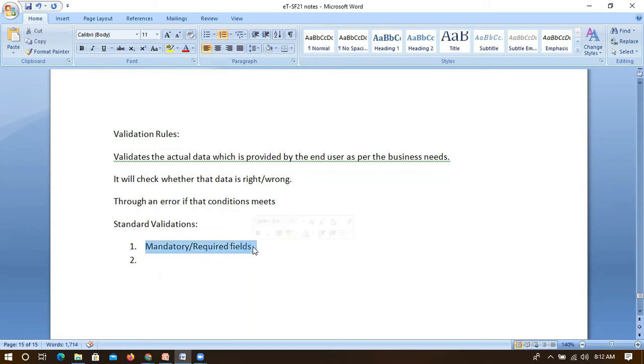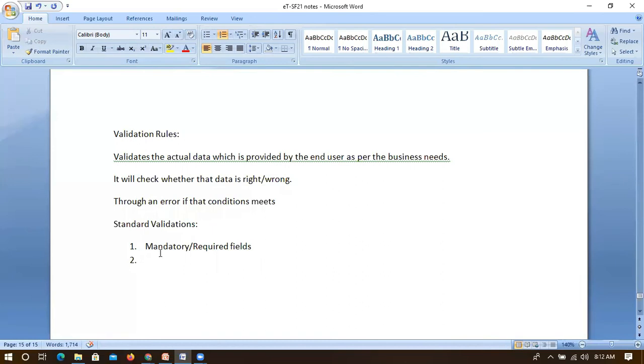Yes, it is mandatory and the user has given some data. So let's take, I have a lookup or a master detail, but the record which the user is entering, let's take Ramesh D, which is the doctor name, but the user is entering Ramesh P. Instead of selecting the value, they are just entering Ramesh P. It will not consider that, because that data is not available in the database for that object. So definitely it will throw an error, right?